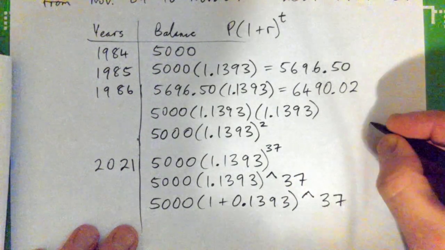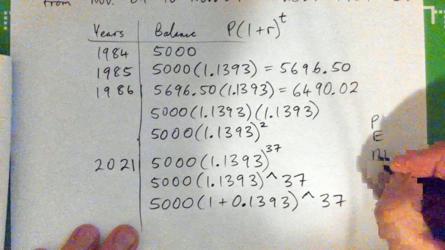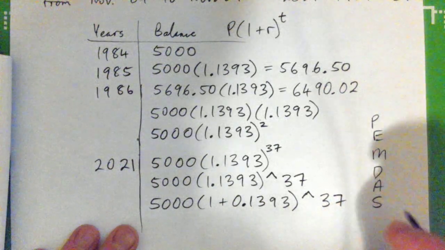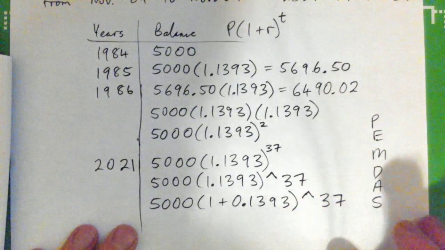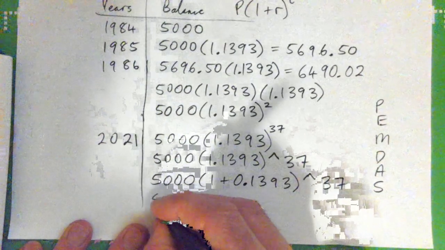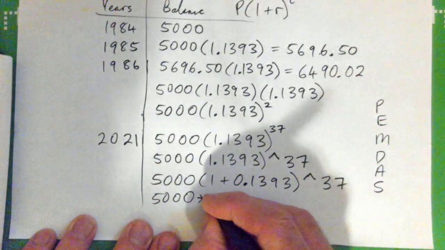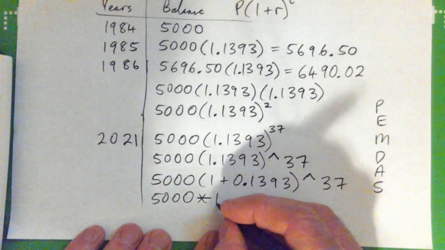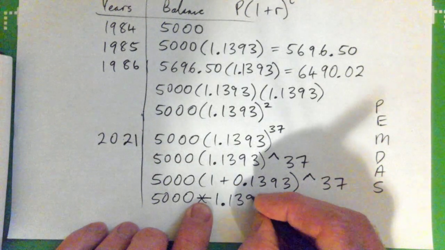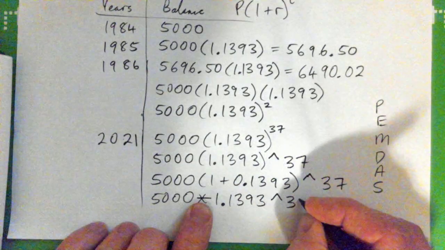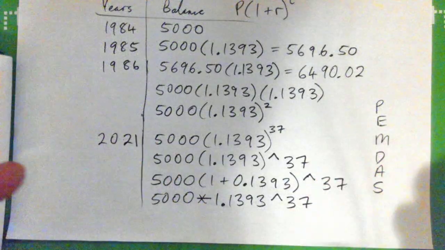Your calculator understands PEMDAS. So it's going to do what's in the parentheses first, and then exponents, and then multiply, right? And even a third way to do it in a calculator is to go star for multiply for 5,000 times, but if you do that, you must do 1.1393 to the power of 37, right? So any of these three ways, whichever you prefer,